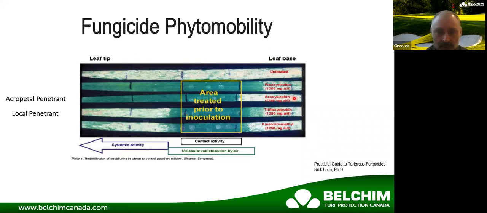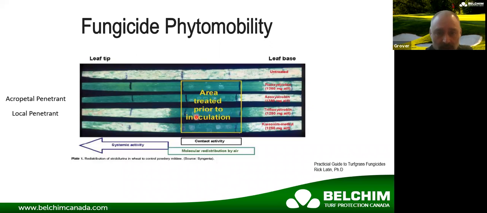But if you look at the difference between azoxystrobin and trifloxystrobin, azoxystrobin is an acropetal penetrant. In this area here is the only area where the fungicide was applied. The leaves were then inoculated with powdery mildew. So you can see the difference between an acropetal penetrant fungicide just put here, where you got protection all the way to the leaf tip, versus a local penetrant applied just here but it didn't make its way to the leaf